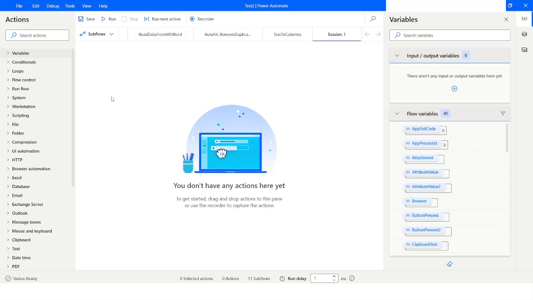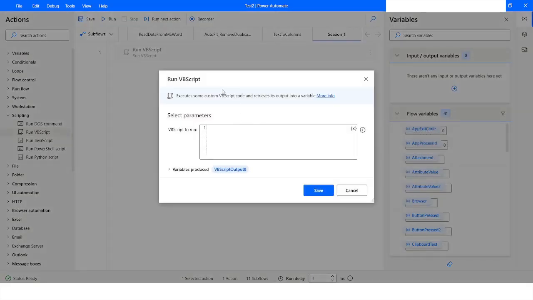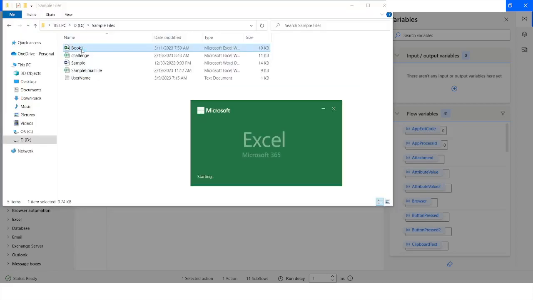So first of all, I will go to the scripting and drag the run VB script action. Here I am going to write the VB script code. The file which I am going to work with is book1.xlsx,